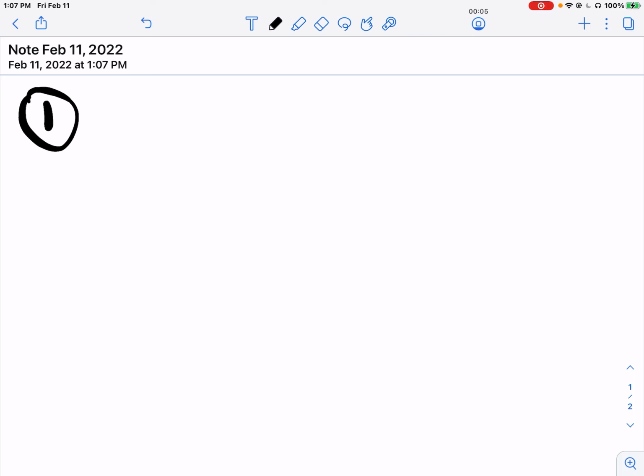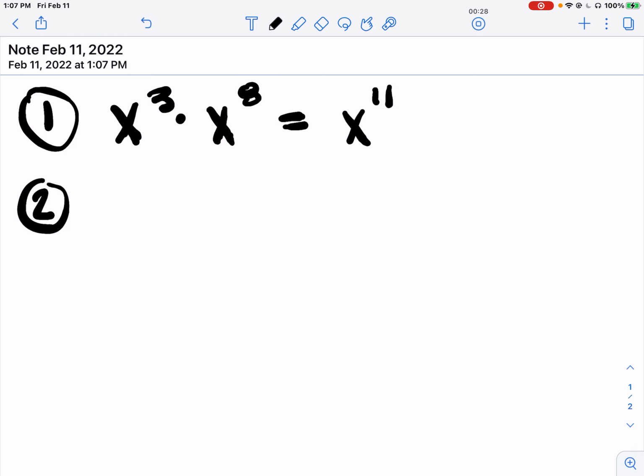For the review, number 1, x to the third times x to the 8th. This is the shortcut where we add exponents. Remember, x to the third means write out 3 of them. X to the 8th means write out 8 of them. So that would be 11 total. Okay, add exponents. Number 2,